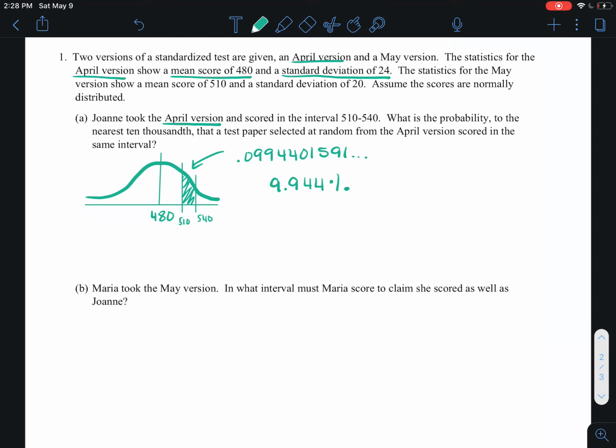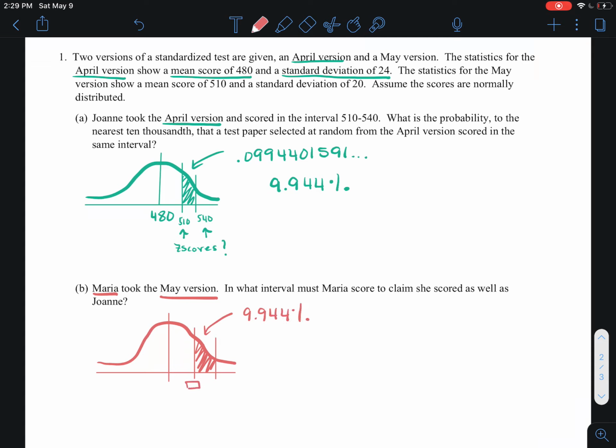A z-score enables you to make comparisons. So even though they're not taking the same test, if I know what z-score her 510 and 540 were, because this data is normally distributed, let's use a different color. Maria's taking the May version, but since her data is also normally distributed, not the nicest looking curve, sorry guys, if I could figure out that same placement on the curve, I'm just giving you a visual to think about right now. I don't know the z-scores yet, but if I could find that same